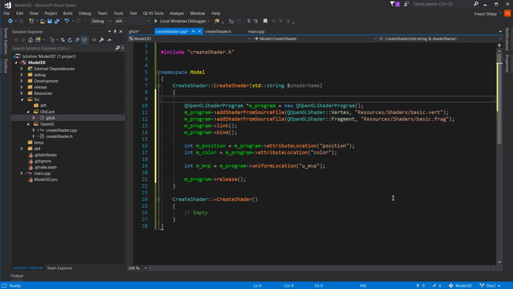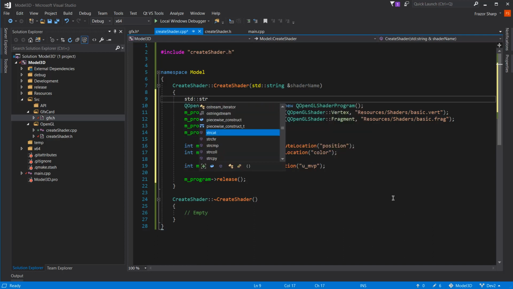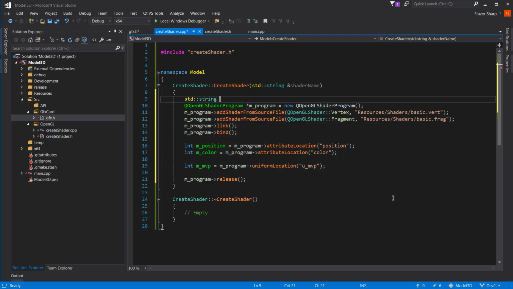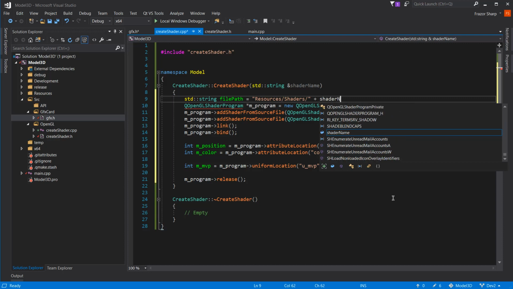So file path is a standard string, std::string, and it's going to be file path equals, inverted commas, resources/shaders/ plus shader name